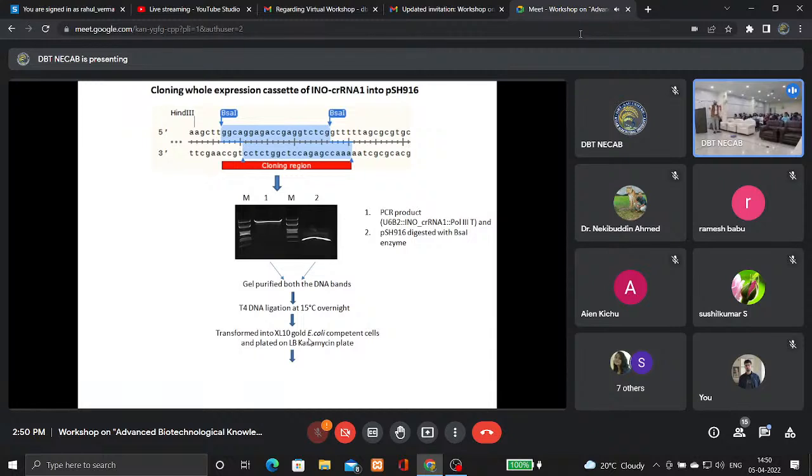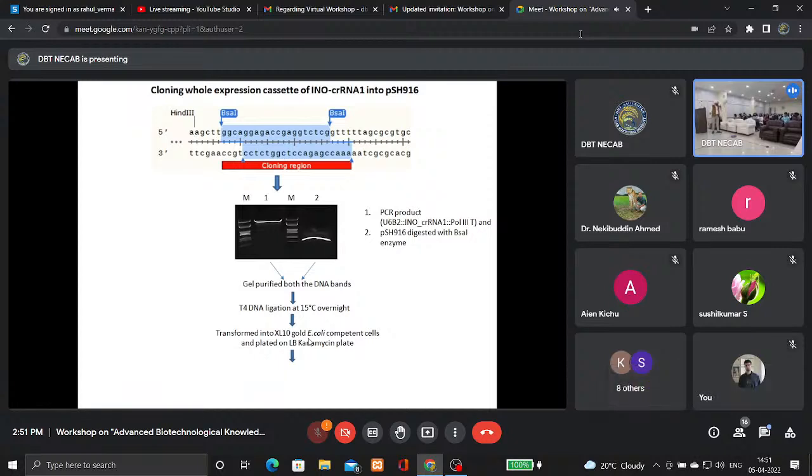So this is the cloning site of the 916. It is again flanked by 2 BsaI sites. And the PCR product, as I said, when we designed the primer, also contains the BsaI site. So both the 3' and 5' regions of the PCR product contain the BsaI site. So we digested